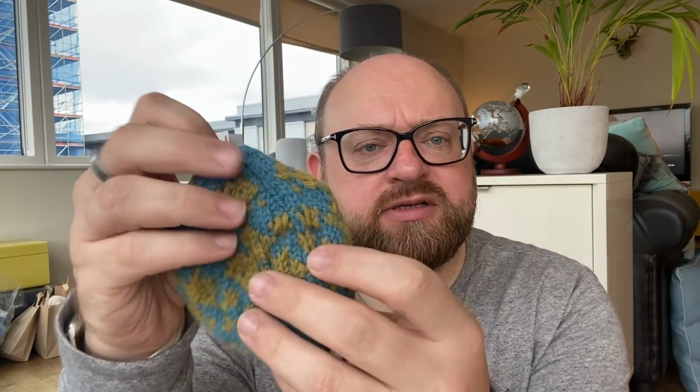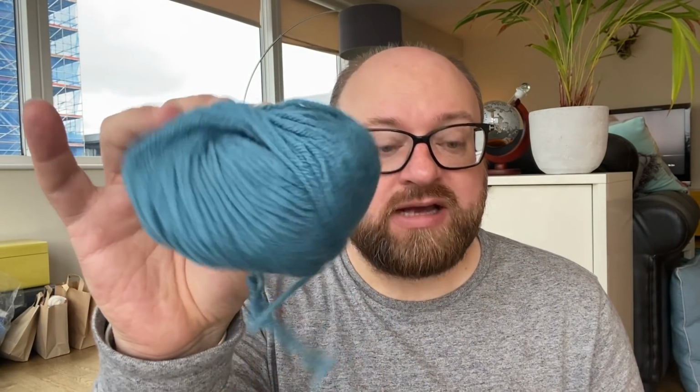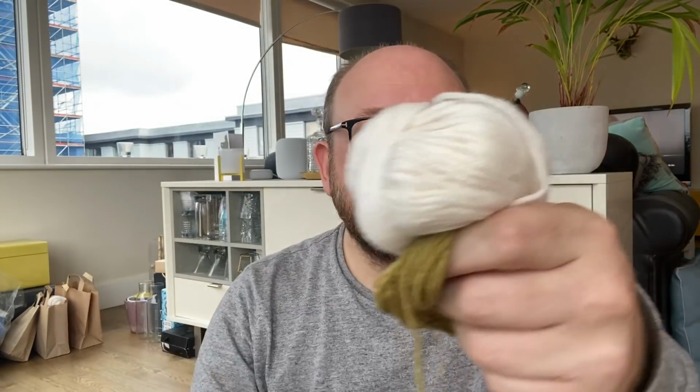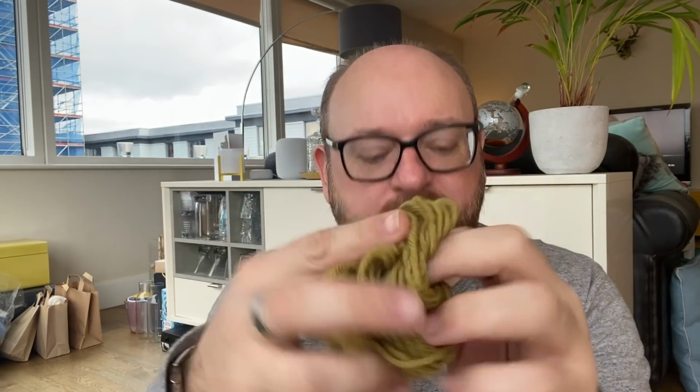But I love these baubles. Some of these are low contrast. The colours, I should probably say, I'm knitting these in Rowan Alpaca Soft DK. And the colours are broadly in line to match the flat. So you've seen around the flat at various points. So we have some teal, some grey, some cream. This is meant to be yellow. It's more of a mustardy colour, but it's the same